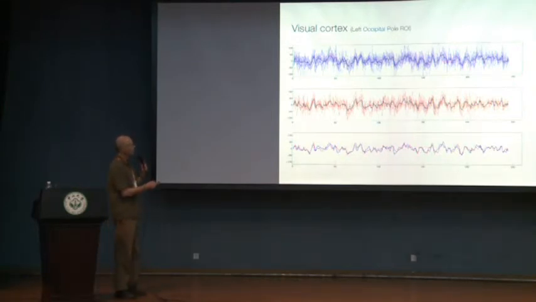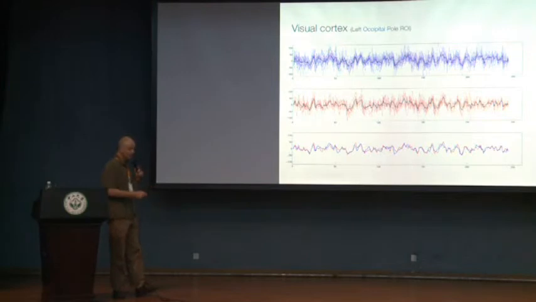So blue is the control group. This is how their visual cortex responds to the movie. So again, the x-axis is time. The y-axis is just a normalized version of the fMRI signal, the bold response in visual cortex. Each of the thin lines is one subject. The dark line is the mean. And this is controls in blue, and this is autism in red. And down here, to make it easy, I've just extracted these means. So you can see that they respond very similarly. Which is what you might expect.